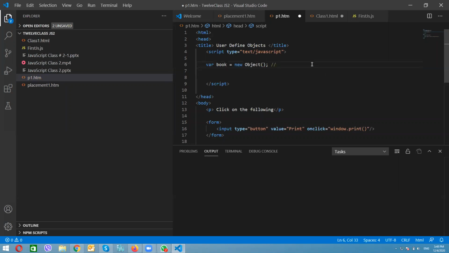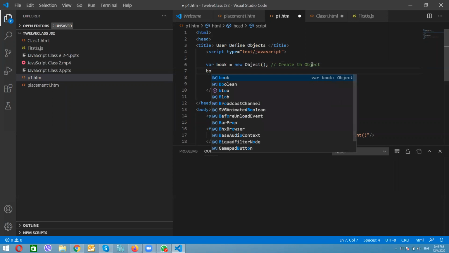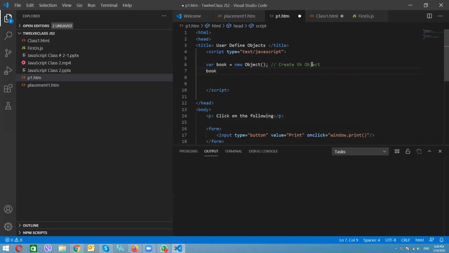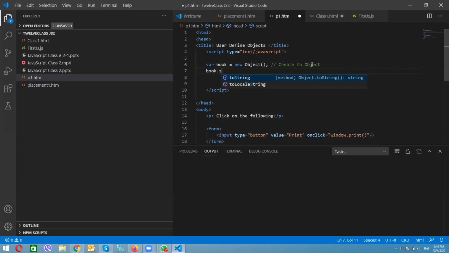I am showing you how to create the object so you will know what we are doing. We have already created one object. This is basically an empty object.